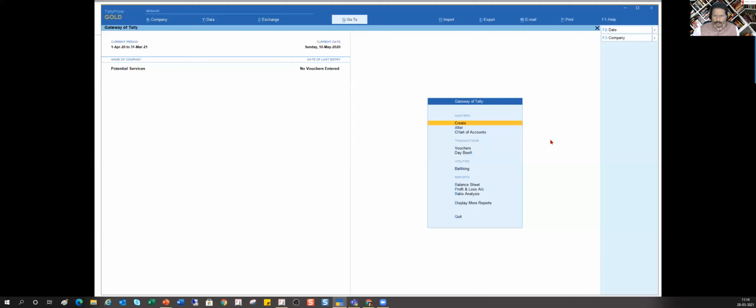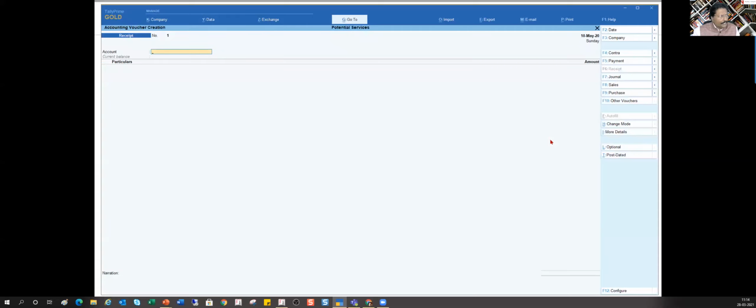Now, to pass this transaction, I am going to go into voucher entry. I go to vouchers, and by default, if it is the first time, Tally is going to bring you the payment voucher. Or if you have already saved a particular voucher type, then next time when you go into voucher creation mode,